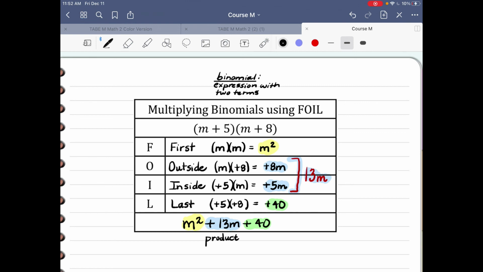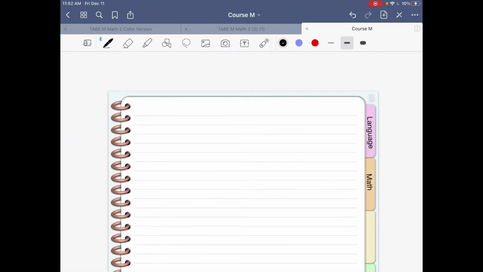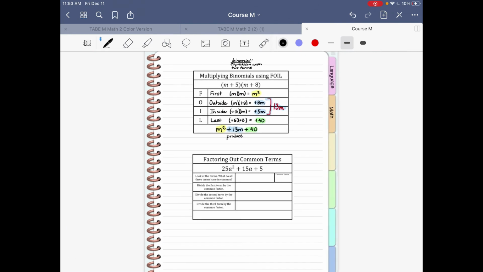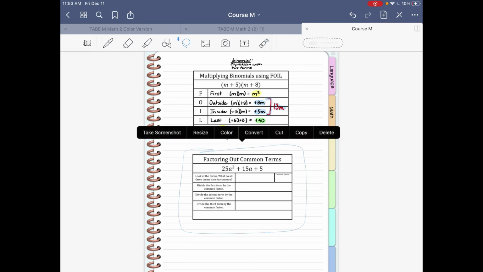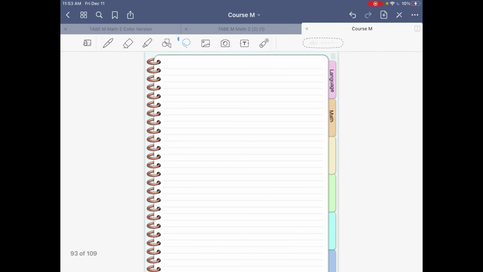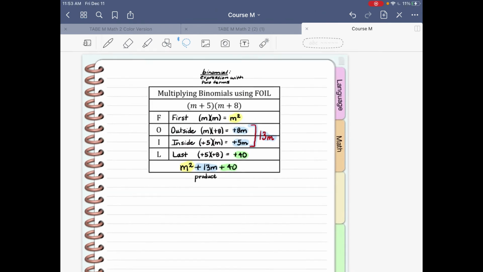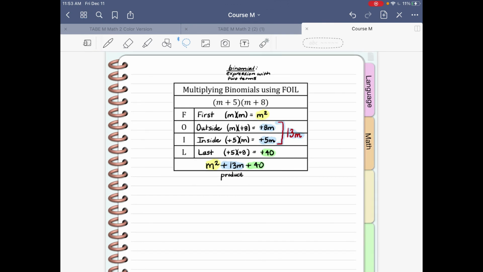Okay, let's do some more examples of FOIL. I'm going to turn over to a clean sheet, or you can just put your examples right under your picture or where you have room, and keep those examples with the rule. I'll do 4 more of these. We'll practice 4 of them. So the first one is going to be